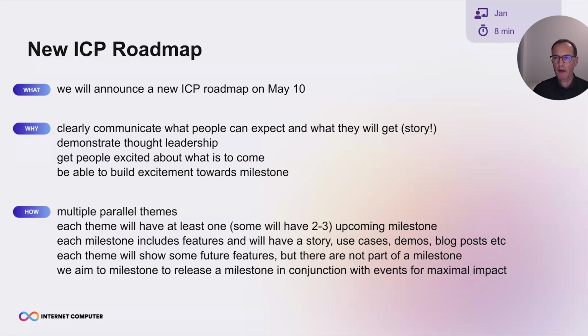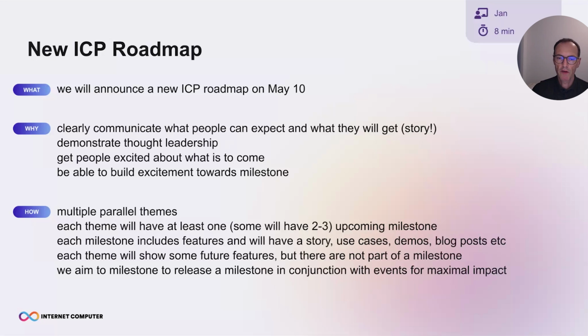So this will be multiple parallel themes. It won't be one big stream of milestones, but we try to group them according to some themes, so we can also show within these themes some milestones building up, and have a bit of a story there as well. Each theme will have, for now, at least one, and some will have 2 or 3 upcoming milestones.